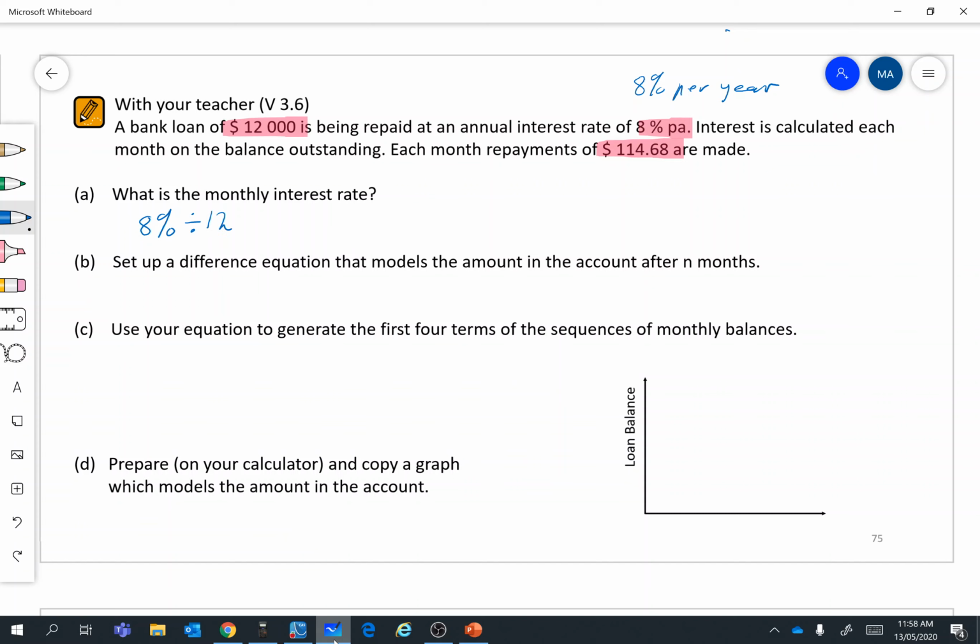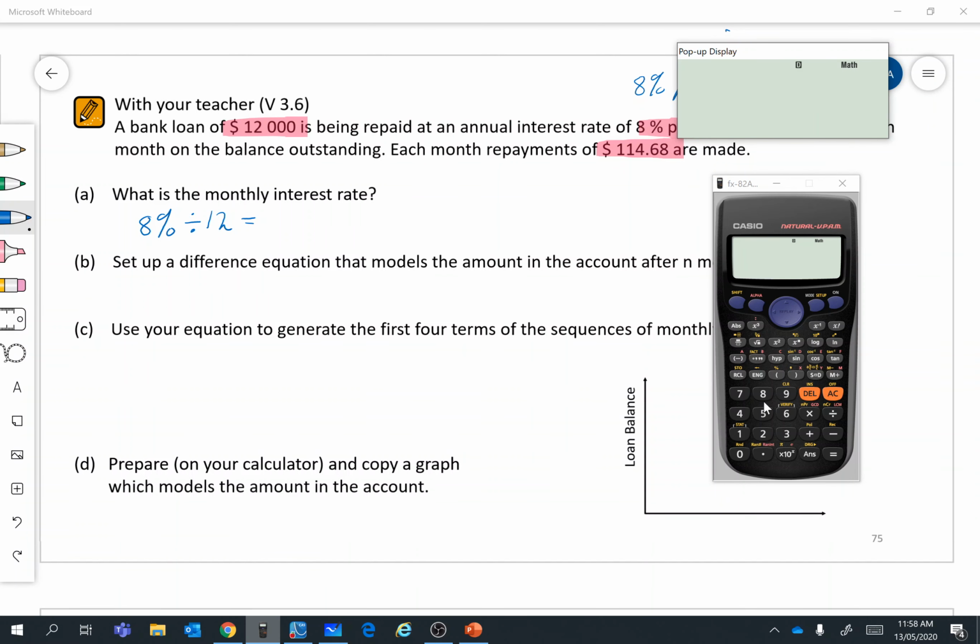In this case, it's a monthly rate, so we divide by 12. It could be that the rate is calculated weekly. Then you would divide by the number of weeks in a year, 52. It could be a daily rate, so then you would divide by the number of days in a year, 365. But here we've got monthly, so we're going to go 8 divide 12, and that is our rate per month,